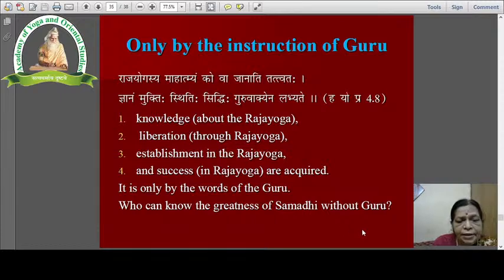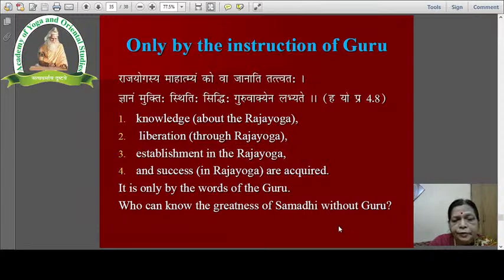Now, he should do everything only according to the instruction of the Guru. Rāja yogasya māhātmyaṃ ko vā jānāti tattvataḥ, jñānaṃ mukti sthitiḥ siddhiḥ guru vākyena labhyate. That means knowledge about Raja Yoga, liberation through Raja Yoga, establishment in Raja Yoga, and success in Raja Yoga are acquired only by the words of the Guru. All these things are possible only by the instruction of the Guru. Who can know the greatness of Samadhi